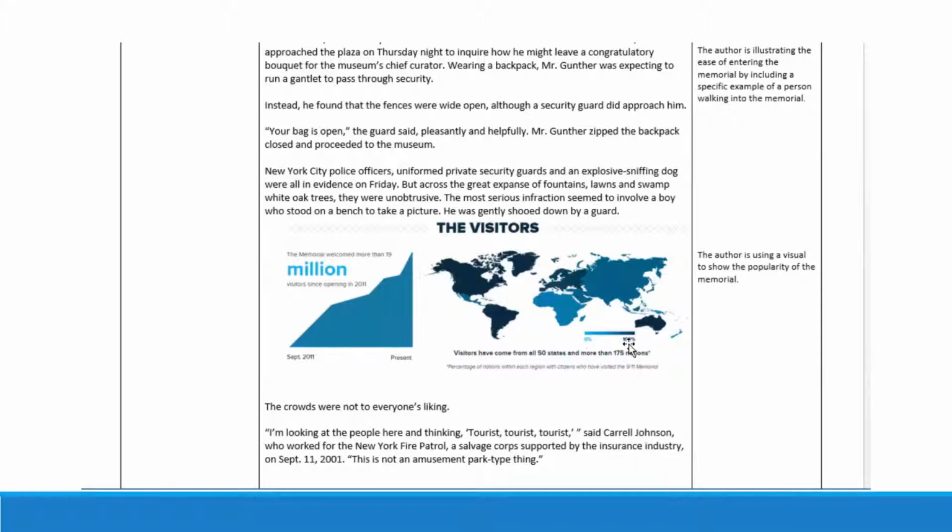So we look at the scale down at the bottom. The lighter percentages are lower numbers, and then the higher percentages, it gets darker. So we see United States and South America and Australia really have the most people coming to visit the museum, and then in some of these other continents, attendance is a little bit lower. And then down in this section,